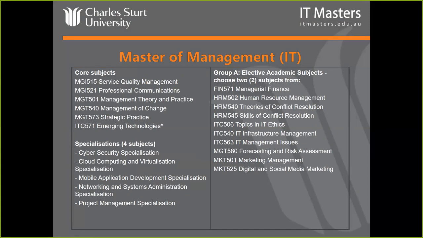So I haven't listed the subjects there because there's zillions of them, but they're up on the website. You can go and pick from those. So that's a specialization. You do 6 course subjects, 4 to be a specialization, or you can pick and choose across all of those, and you wouldn't get a specialization, but that's fine. You can do 1 in cybersecurity, 1 in mobile, 1 in project management. And then you do 2 subjects from the pool of academic electives there. Again, large pool to pick from. Shouldn't have too much trouble finding something you're interested in there. So that's the structure of the 3 masters.